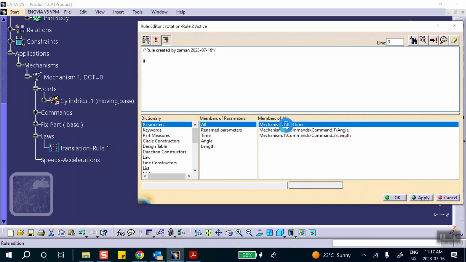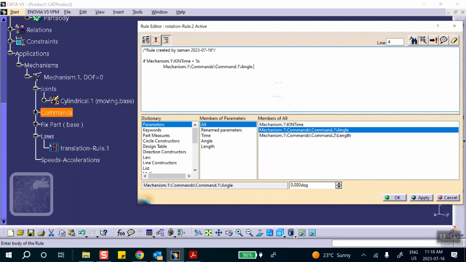If time is less than 5 seconds, the angle equals 90 degrees, parentheses, 90 degrees over 5 seconds